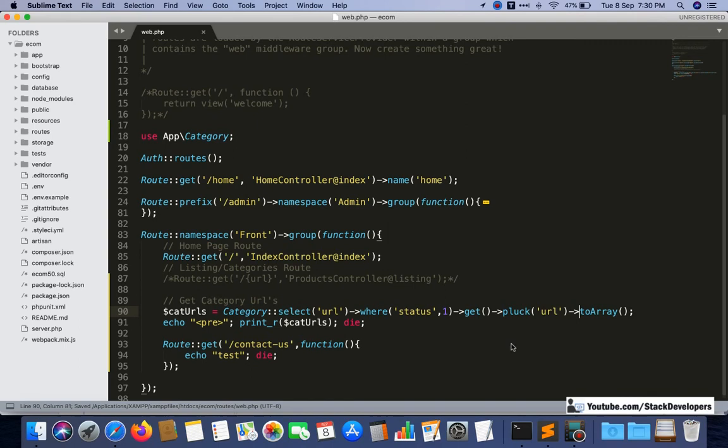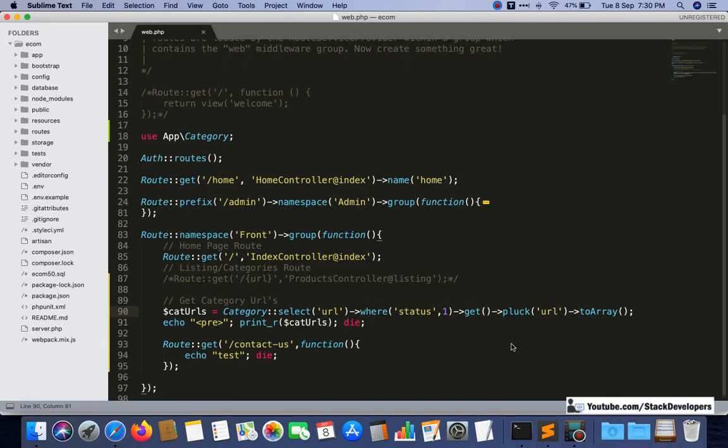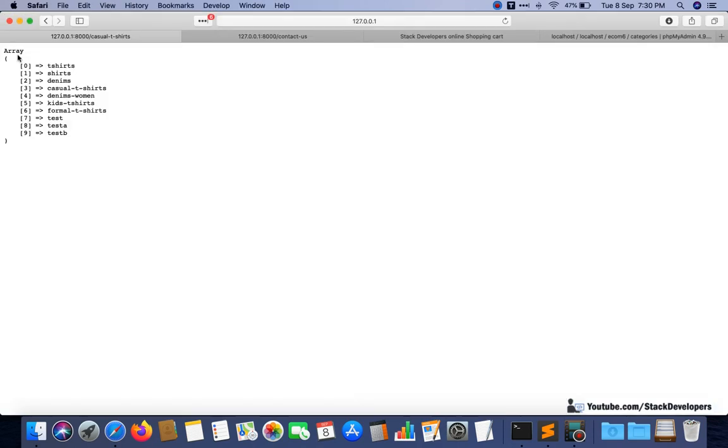We can do it like this and now try. See, now it is coming in a single array. This converted the multi-dimensional array to a single array. There was an array within an array, and that has been converted to a single array. Now we have all the cat URLs.